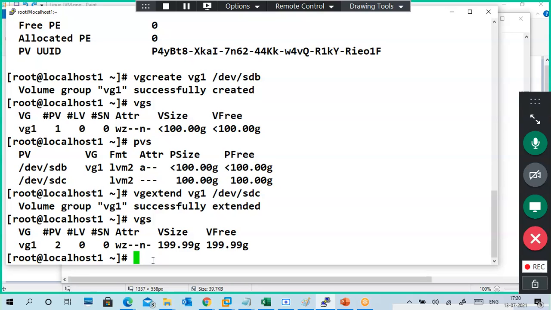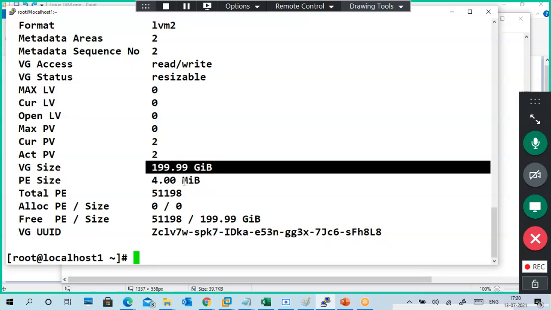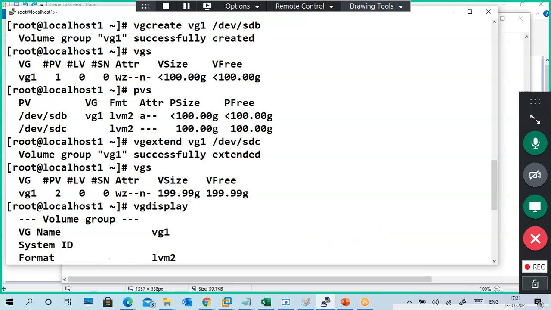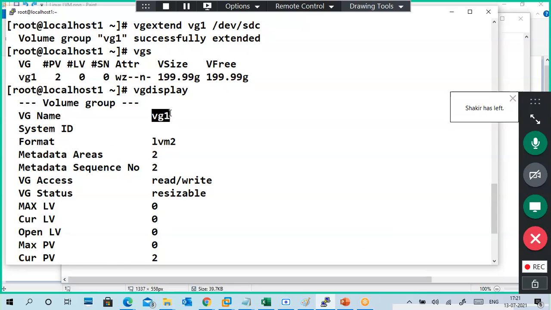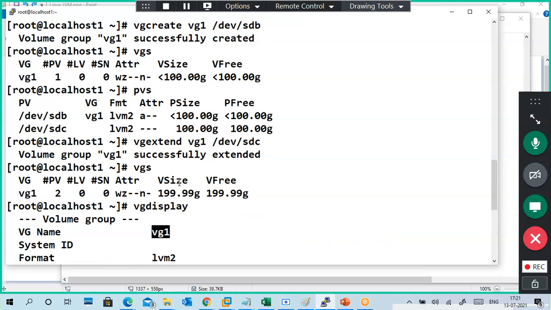Understand this point up to here? Volume groups. vgdisplay. So what is my volume? 200 GB, and everything is free, 200 GB free, vg1. It is not showing what the physical volumes in the VG are, but it shows two physical volumes are there.